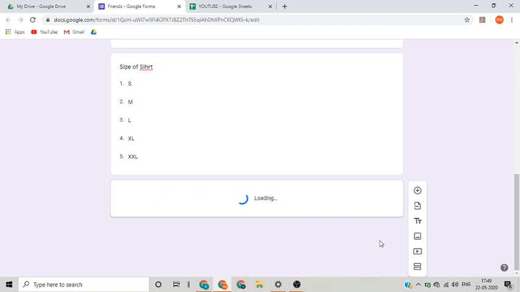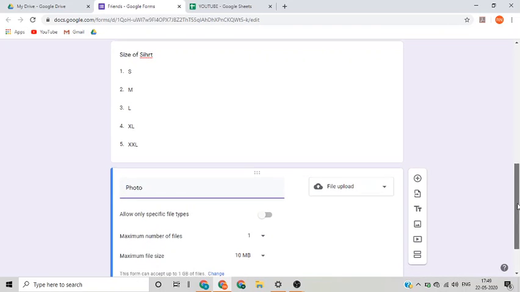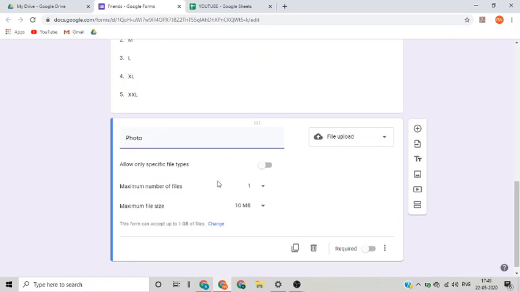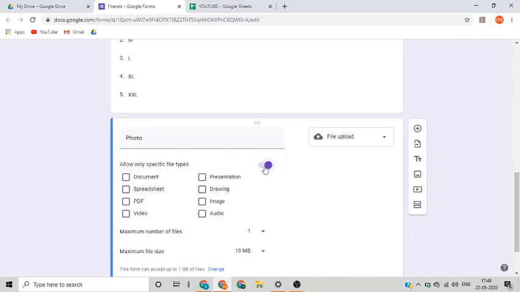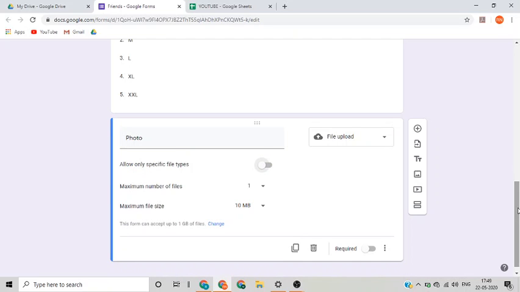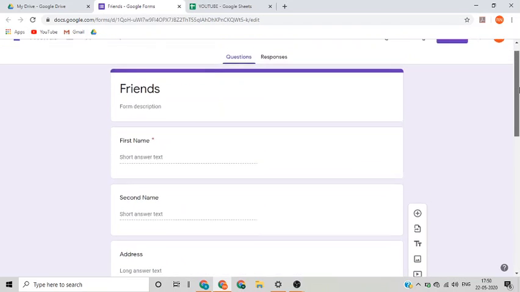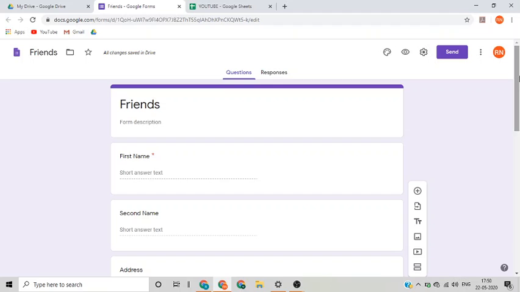We'll say continue and this question has been added. Now allow only specific file types. If you want only specific file types, then you can choose any. We'll keep it open for anything. Okay, that is it. This is all the information that we want to collect from our friends.